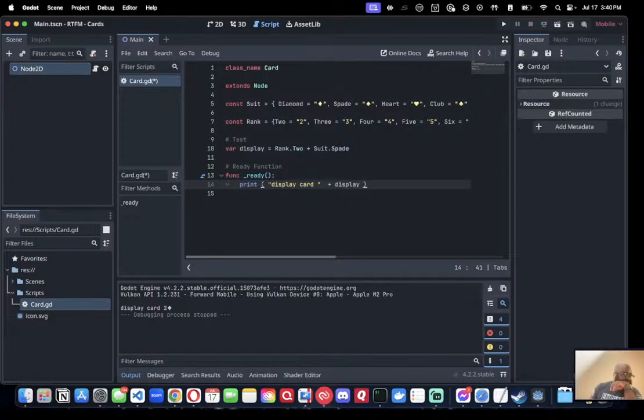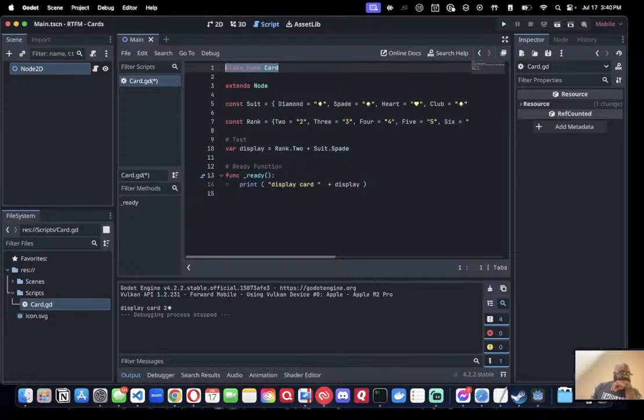So now, the next thing that it does is we have that. Now we need the actual card class. So is this not the card class? And let's ask, with Godot, can we